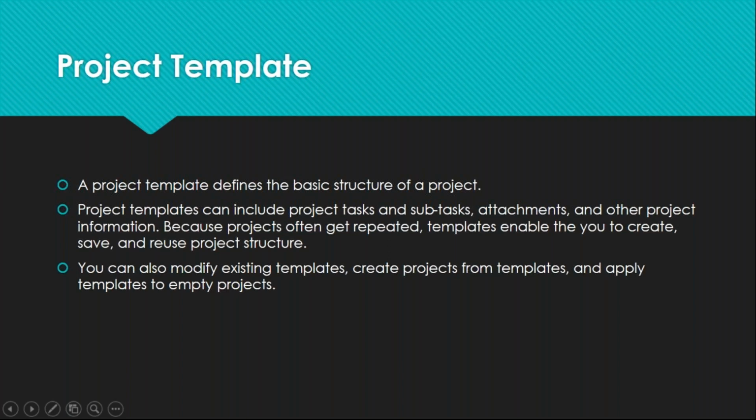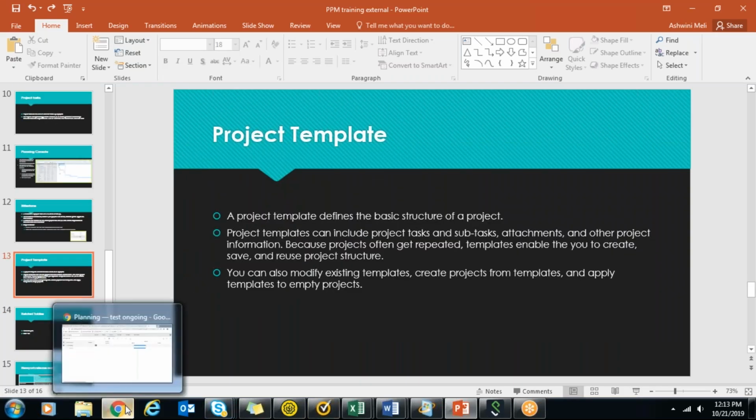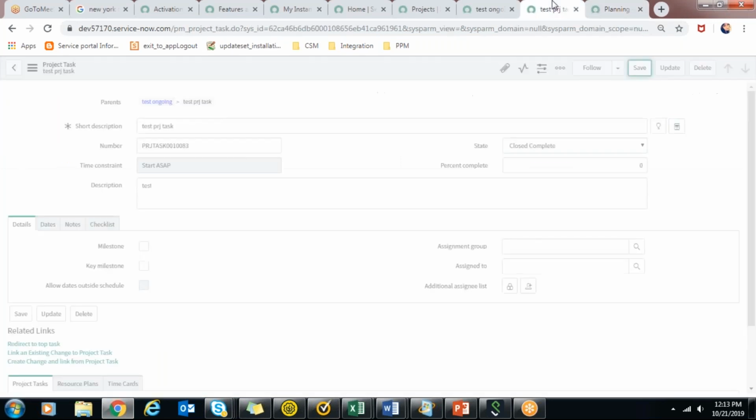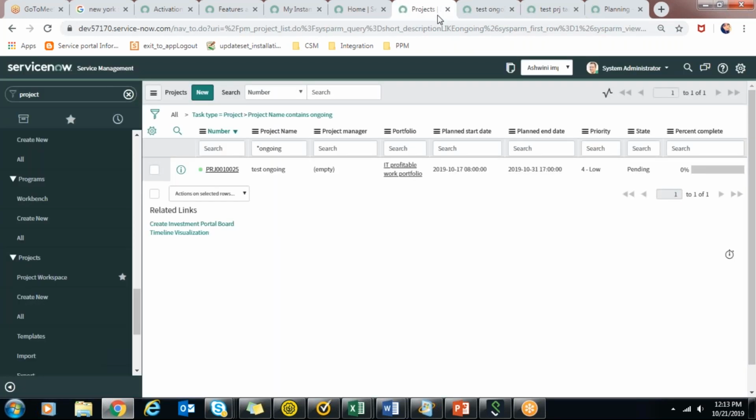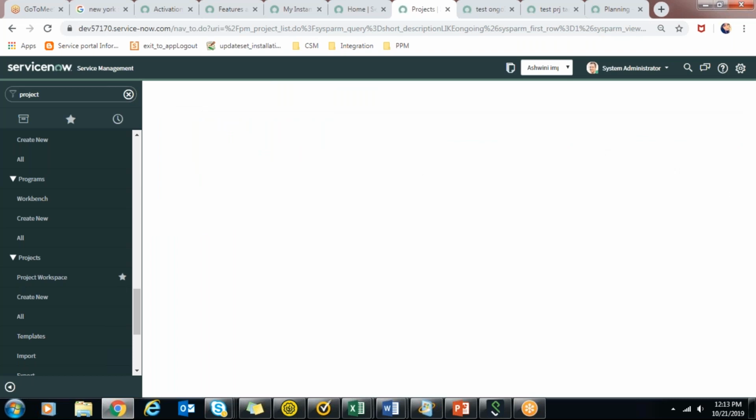The next thing is project template. So when you create a project and there are project tasks defined, and you know that you have similar projects that need the same set of project tasks, like a kickoff meeting, a planning duration, a presentation, a development begin, and all these tasks and milestones have already been defined, and you consider it a standard, then just create a project template.